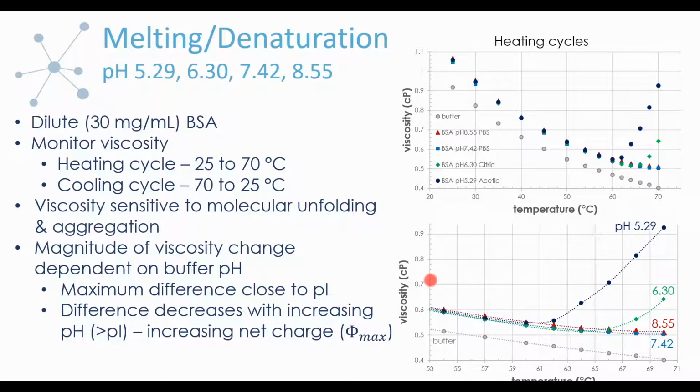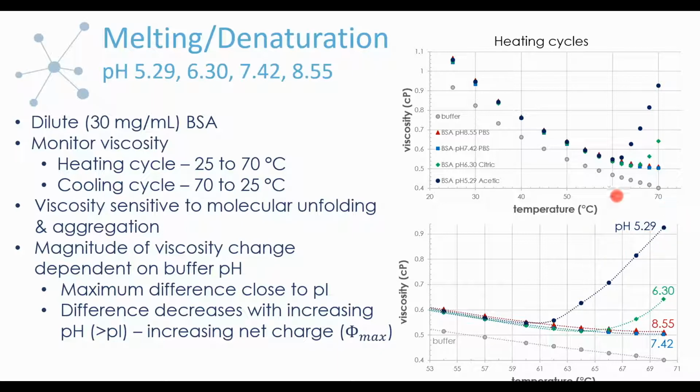So this plot down below is basically zooming in on this transition region so we can get a better view of what's happening for our different buffer values. So again, the buffer alone is just consistently decreasing, which we would expect. And now what we see is that